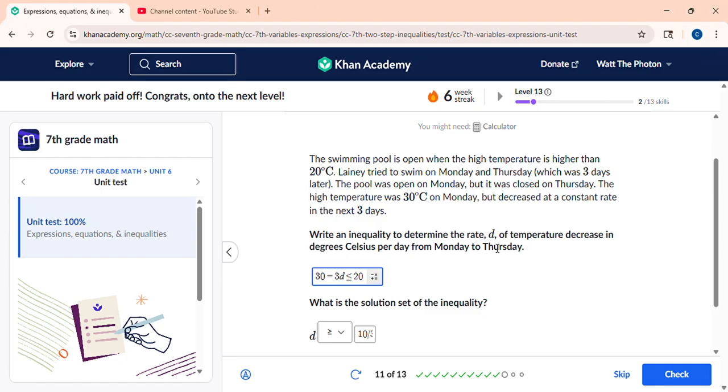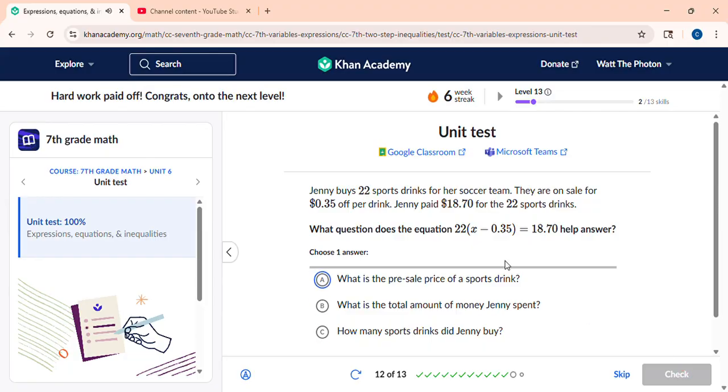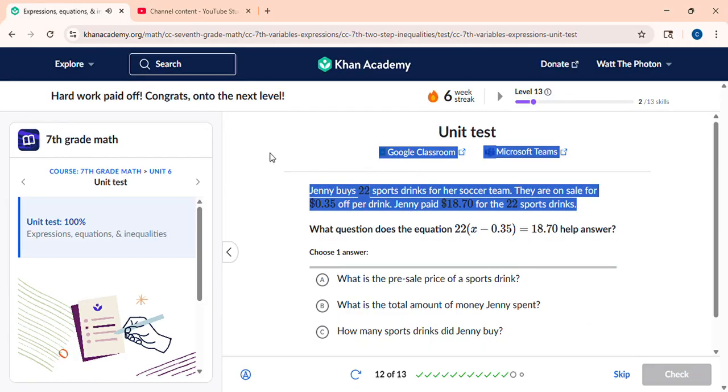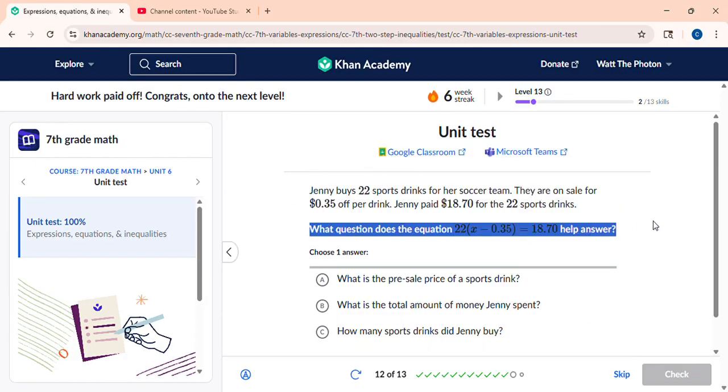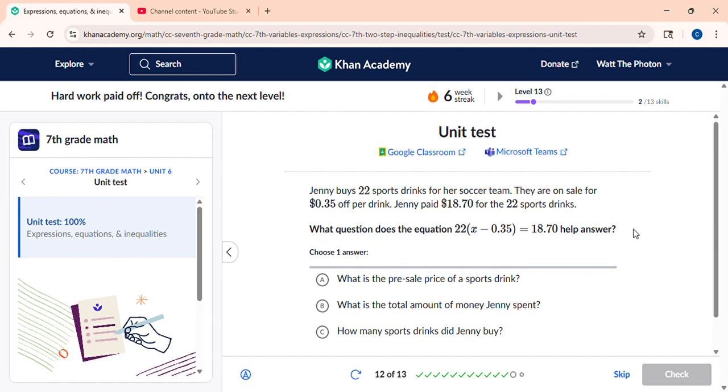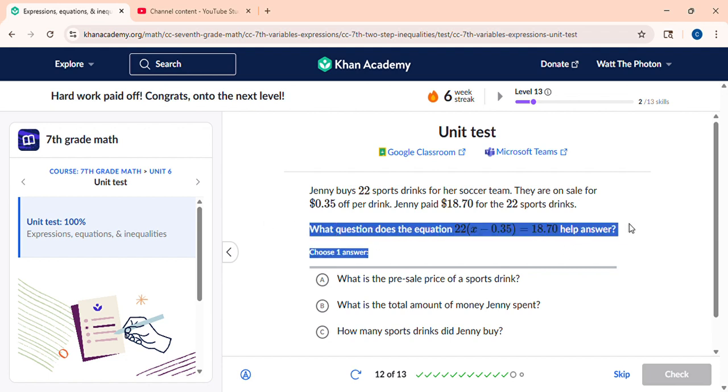I think this is right. Yeah. Jenny buys sports drinks for her team. Which of the following